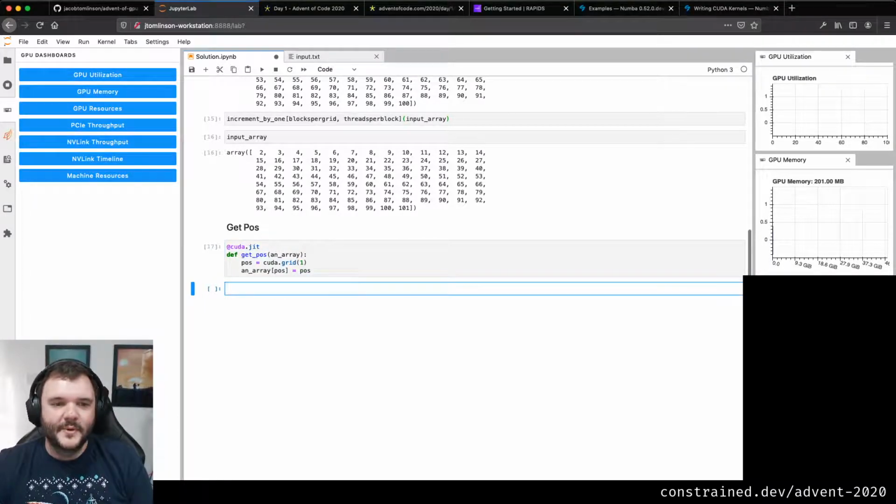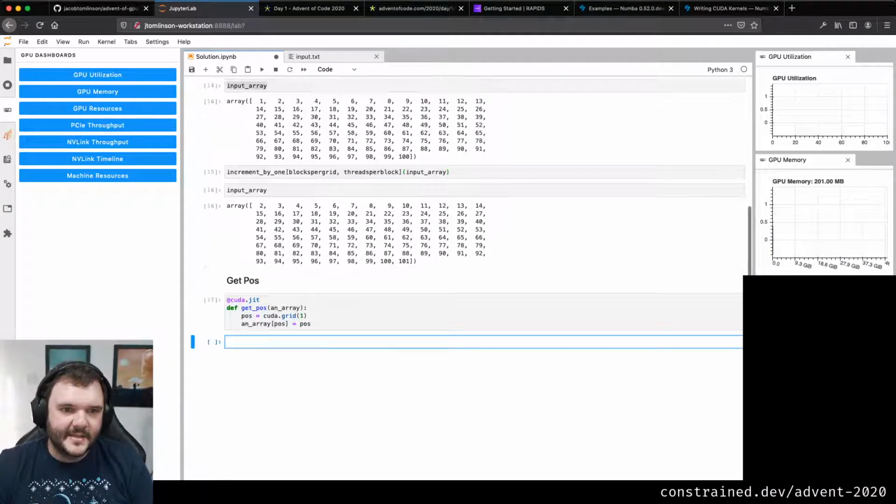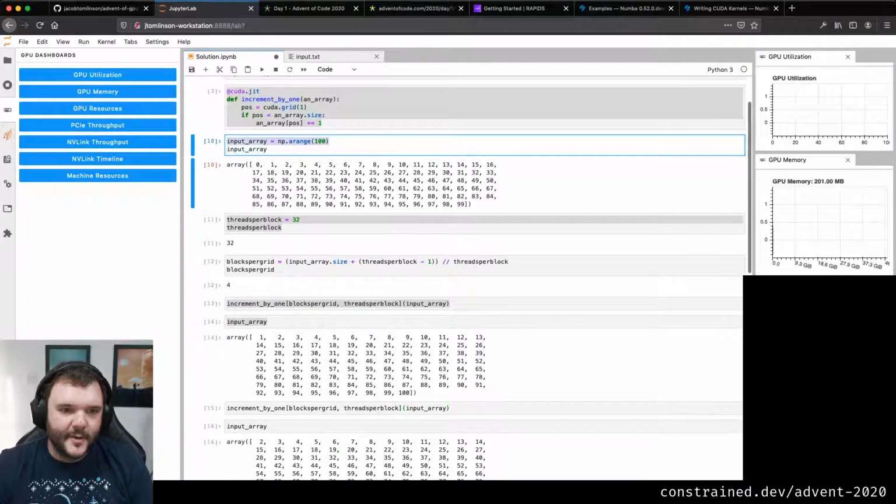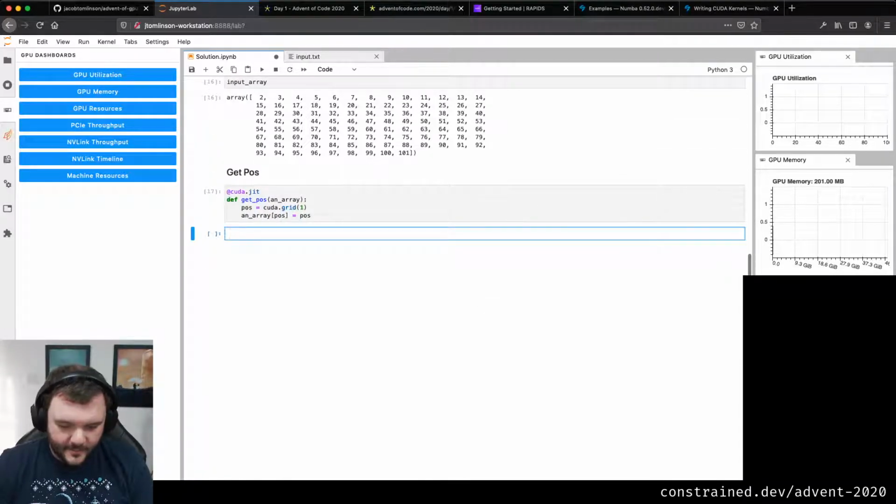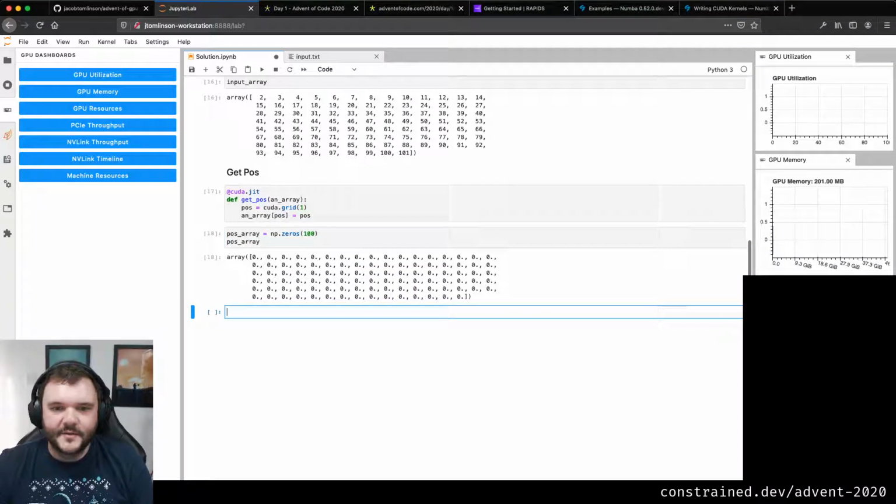So all we're doing is we're going to take something in and return it. So let's have a new input array, and let's call it pos array, and we're going to do np.zeros and 100 of them, right? What this will do is give me 100 zeros in an array in NumPy.